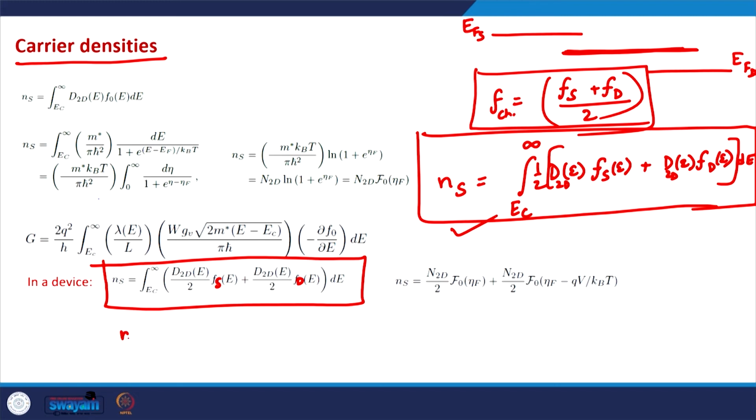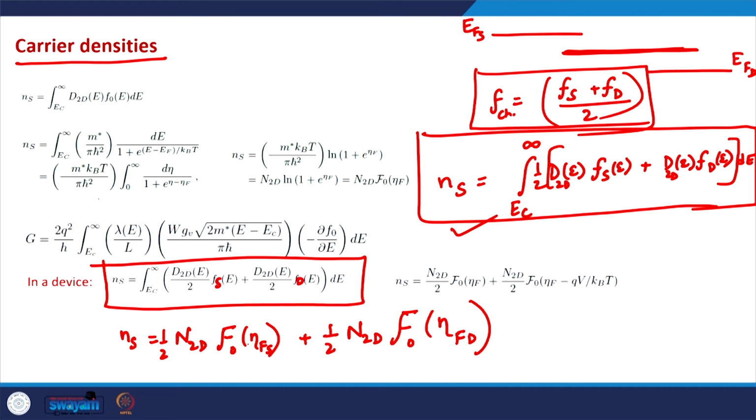So, for the first term, the carrier density in the channel is 1 by 2 N2D, because this 1 by 2 will come out, times the Fermi-Dirac integral of order 0 eta f, where eta f, please remember, should actually be eta fs, plus 1 by 2 N2D times the Fermi-Dirac integral of order 0 eta fd, because now this parameter eta f will be different for the source contact as compared to the drain contact,